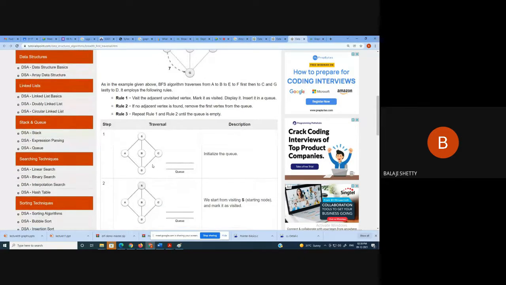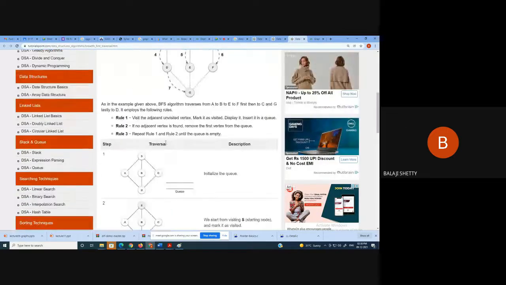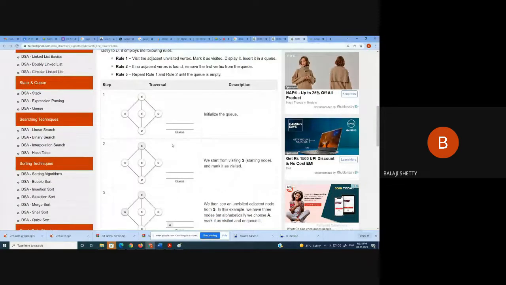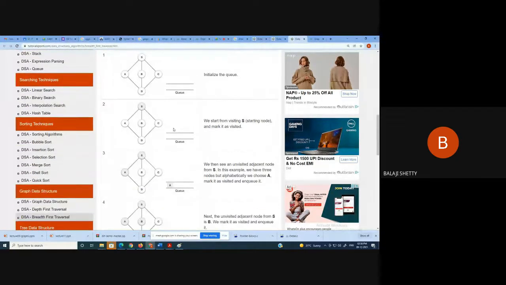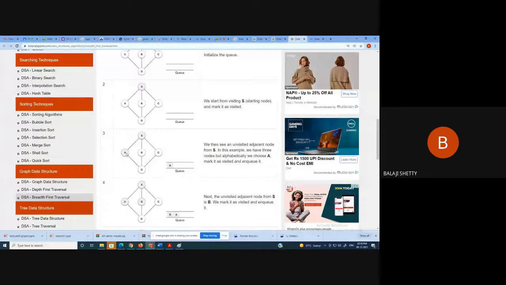Fine. So initially, the input to your algorithm is one graph, one diagram, which is a graph. Now initially the queue is empty. Now we are going to cover breadth first search. Now be attentive. For the next 5 minutes, do not see your mobile, do not get diverted, because I will finish both algorithms in the next 5 to 10 minutes. So this is an empty queue. So initially take any node as the start node. Any node. You can take any node as the start node. So here, for your convenience, I take this node here. For your convenience, we are taking a node as the start node.